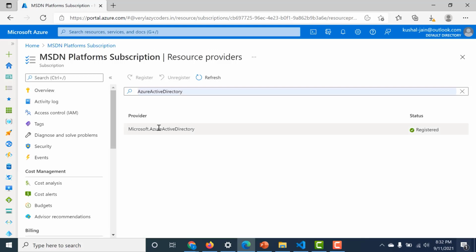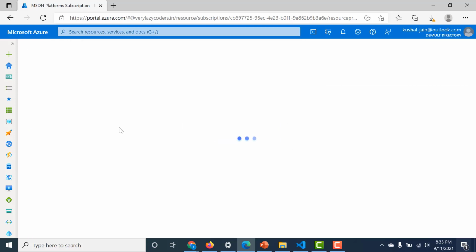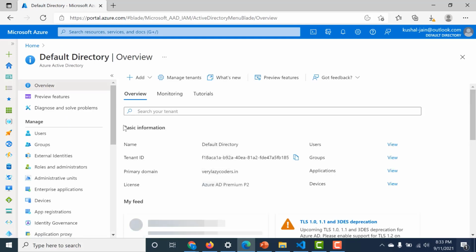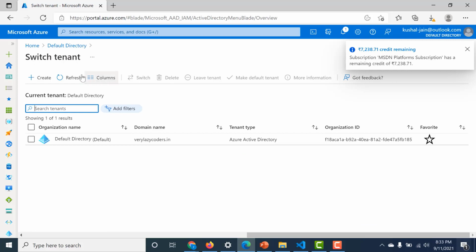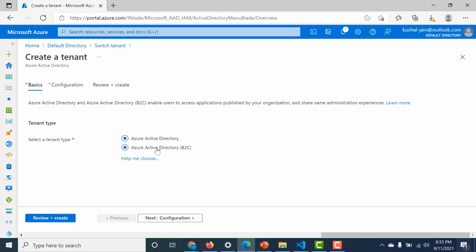And once you have your Microsoft Azure Active Directory registered, let's go back to our Active Directory and let's create a tenant again. So let's go to our Manage Tenant, click on Create, click on Next.